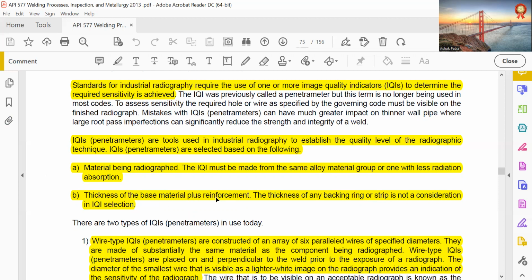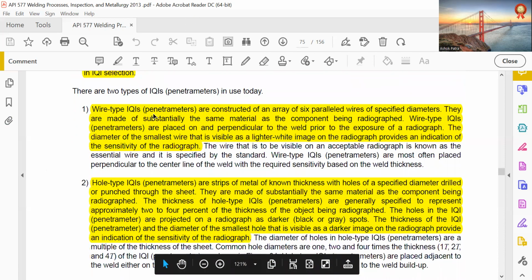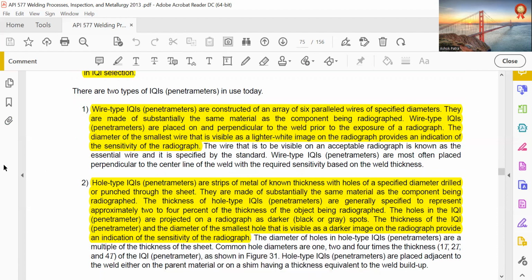Thickness of the base material plus reinforcement. The thickness of the backing ring or strip is not a consideration in IQI selection. Wire type IQI penetrometers are constructed in an array of 6 parallel wires of specified diameter. They are made with substantially the same material as the component being radiographed. Wire type IQI penetrometers are placed on and perpendicular to the weld prior to the exposure of a radiograph. The diameter of the smallest wire that is visible as a lighter white image on the radiograph provides an indication of the